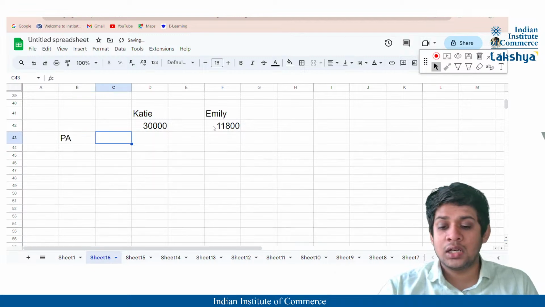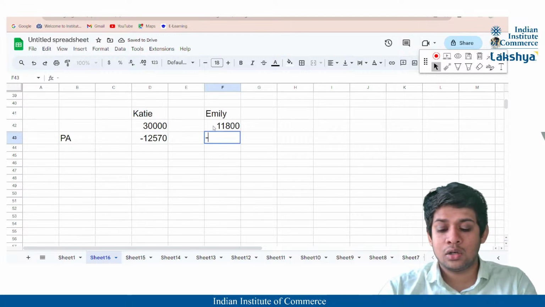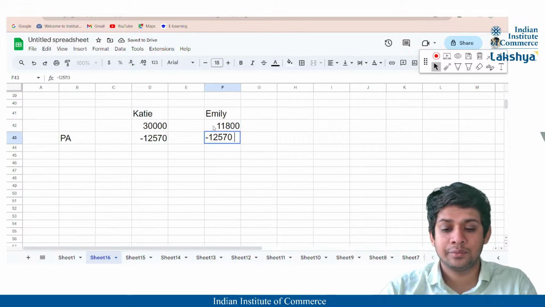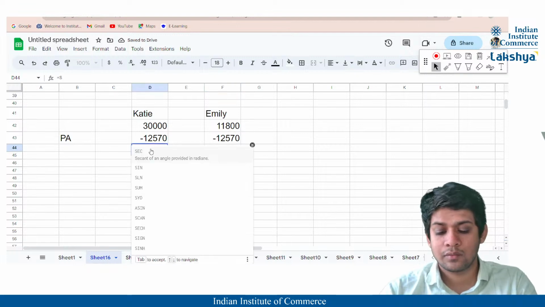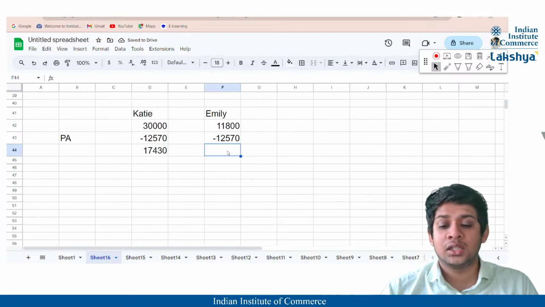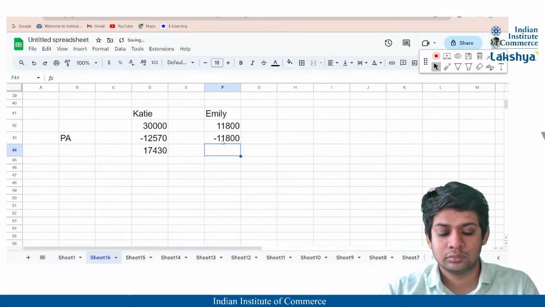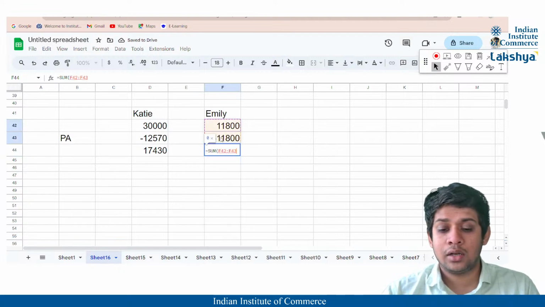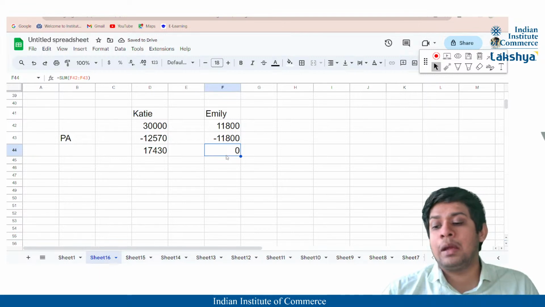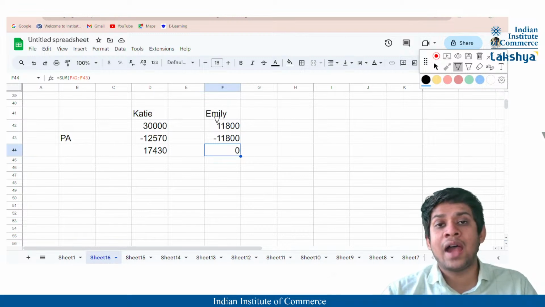Now, they will get a personal allowance of 12,570. And here also, if they get 12,570, here it will be 1730, and here obviously it will be a negative amount. But guys, you will deduct maximum up to 11,800. Technically, we'll do it like this. We'll deduct 11,800. But always remember, guys, in case of personal allowance being transferred, Emily should have that much of